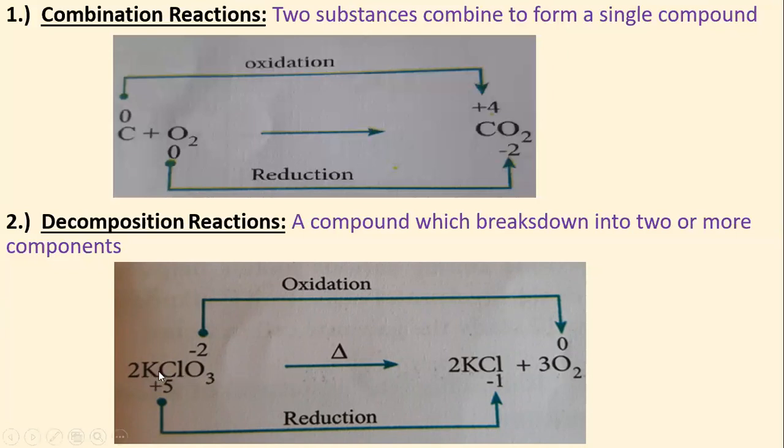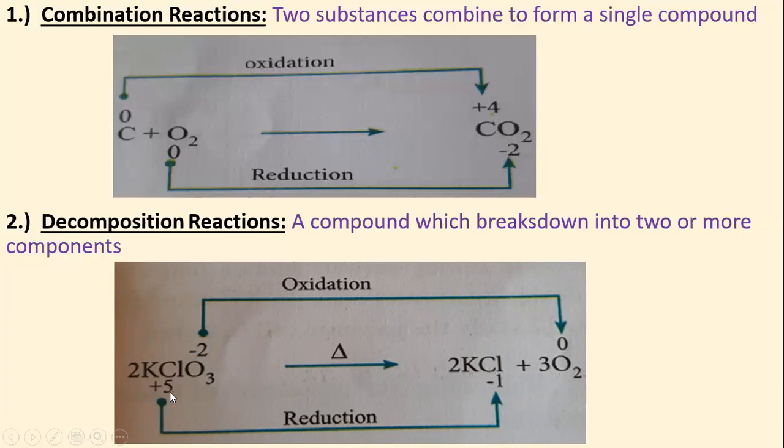So first find out the charge. Here K is potassium, and again chlorine and oxygen are present in the combined manner, not in the free state. So now the oxidation state of chlorine will be +5, and on the product side its oxidation state will be -1. Here what happened? This is a single compound that gets broken down on heating. It forms KCl, potassium chloride, and oxygen.